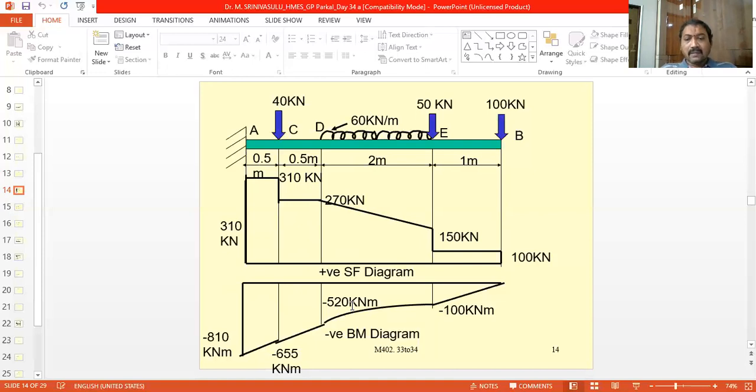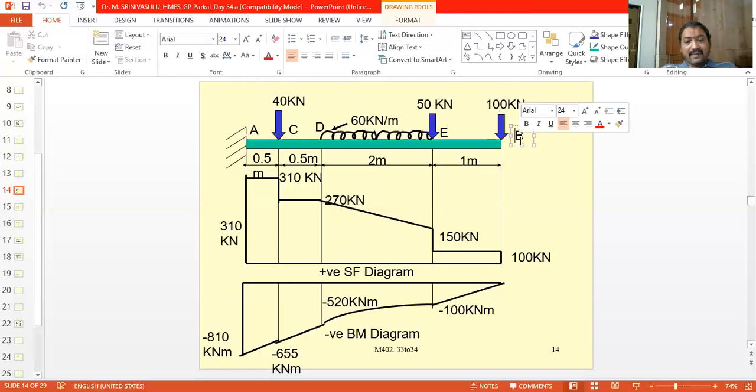So now we take the point B, starting with the point B, the free end. So generally the bending moment acting at the free end is equal to 0. Because this 100 kN is acting at point B, the distance between the force and point B is 0, because both are at the same point. Therefore the moment caused by this 100 kN force about the point B is equal to 0. So the bending moment about the point B is equal to 0. That is the first thing.